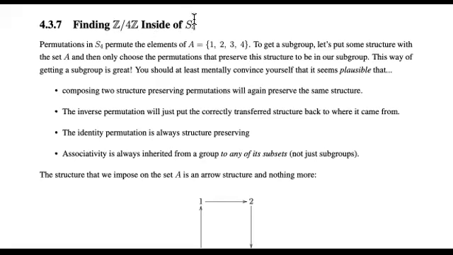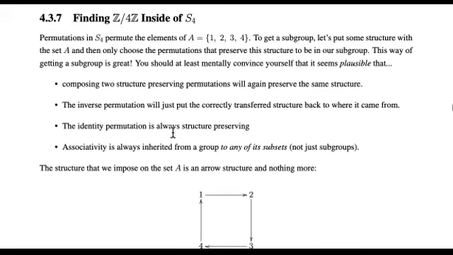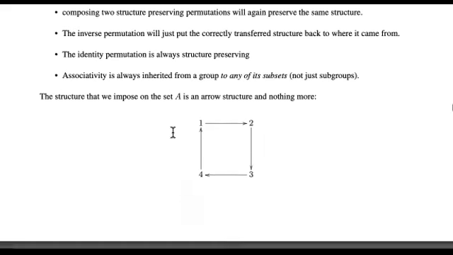So the group of permutations on four things has 4 times 3 times 2 times 1, so 4 factorial different permutations in it. So it's a bigger group. And if you only have a set of four things, or subgroup of four things, it's going to be a subgroup if we can find it in there. So we're going to do that by investigating